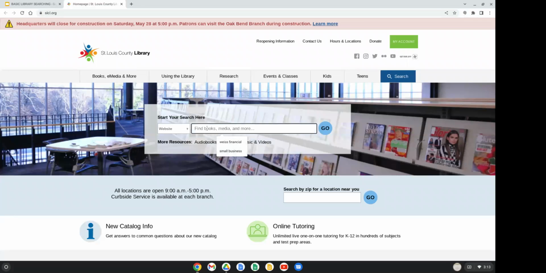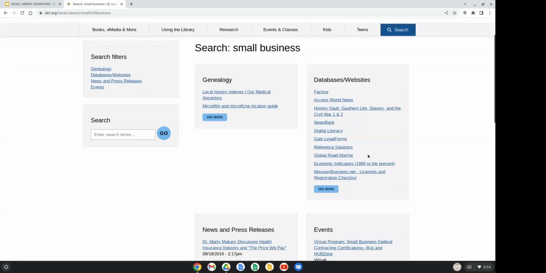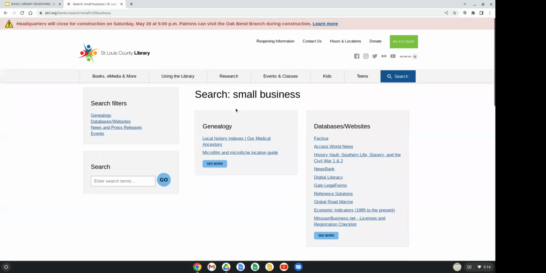My computer has remembered small business. I'm going to type it in again here, and we're going to go. Now, instead of searching the catalog, this searches mentions of small business within the St. Louis County Library website. Here you can see one of the main things I like to point out that our department is focused on: these databases and websites, a lot of which deal with small business